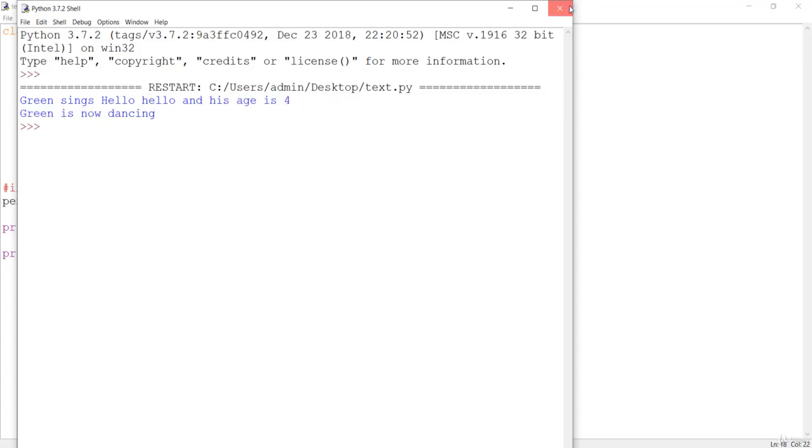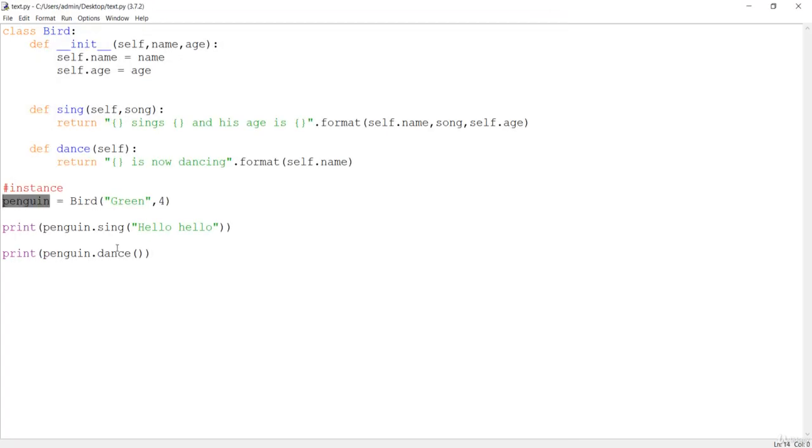That means we have just created the penguin class. And now you can also create any other object. So let me say parrot is my next object. So it is also a bird. It is also created from the bird class. And now blue is the parrot, which is obviously not true. Green will be the parrot, but let me say it is blue and 5 is the age.